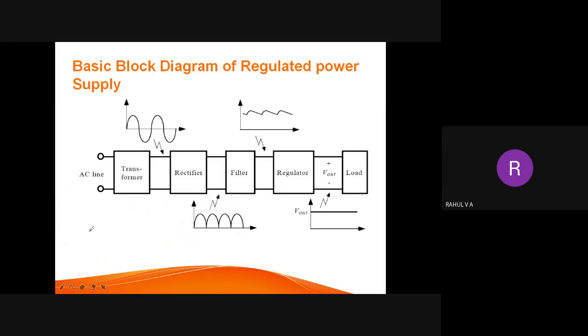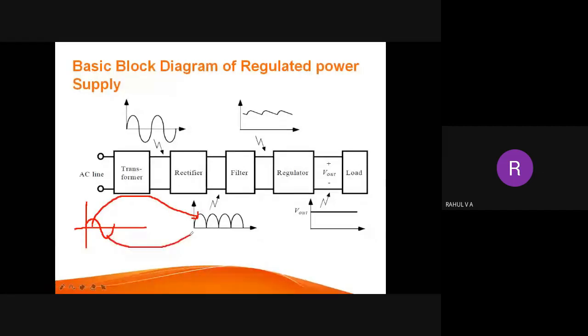So if you consider this AC, this positive half cycle will come first, and then this negative half cycle will come as a positive half cycle in the second position, and it will keep on going like this. So all this negative half cycle will come in the top position so that it will become positive. So it is a DC. It doesn't have a negative polarity, it is having only a positive polarity. So it is a DC supply.